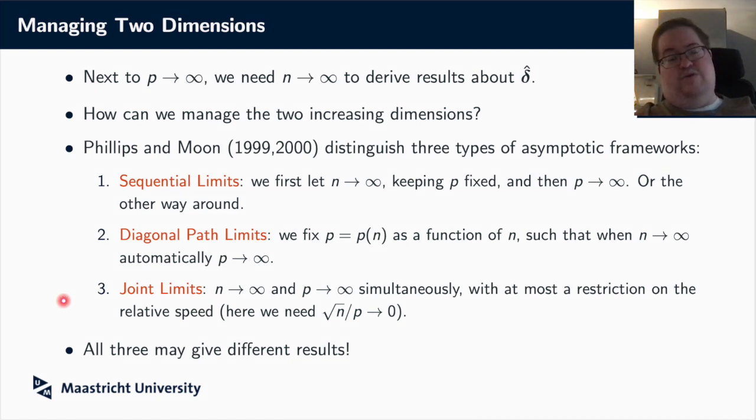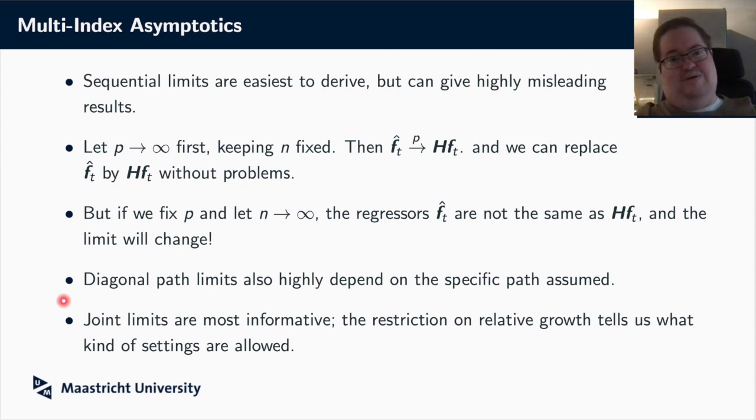Now, what they notice is that actually with all three you can get different results. So what people actually did before was use sequential limits, because they are easiest to derive, because they look like the most standard case. You let one variable go to infinity, and then you let the other variable go to infinity afterwards. So you have two more or less standard problems. Suppose you let p go to infinity first and you keep n fixed. Then